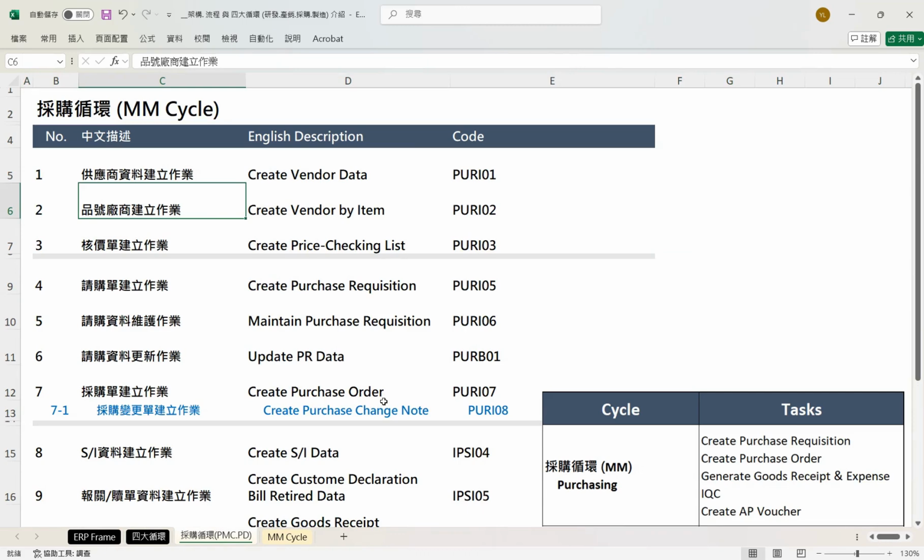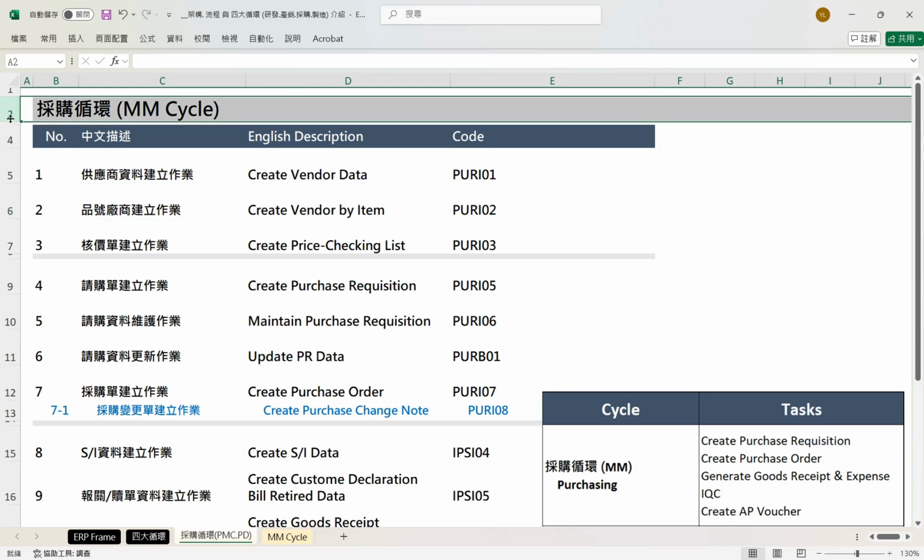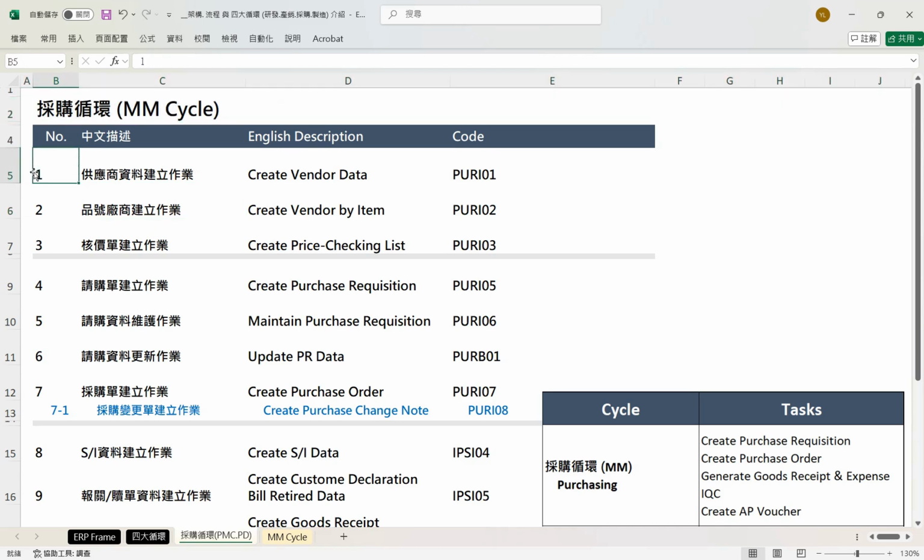As mentioned earlier, in the cycle, let's assume we have a new supplier for whom we need to create a vendor master file. We must take the supplier's data, such as basic company information, contact person, or bank account details, and establish it through the vendor data creation process. The program name is Create Vendor Data. The program code is